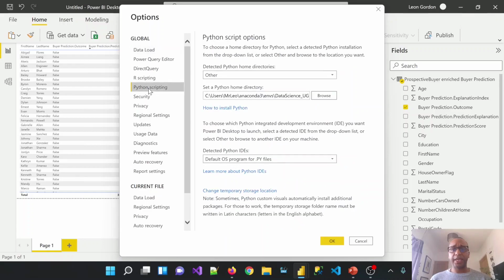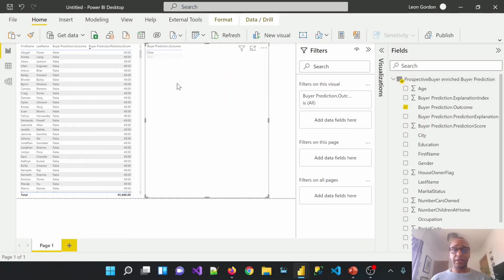Now all we need to do here is just make Power BI aware of where our new Python environment is. So in detected Python home directories, we'll set this to other, and then we'll go ahead and set our Python home directory to your new environment. Okay. Once you've done that, you can go ahead and select OK, and that will just load that environment up